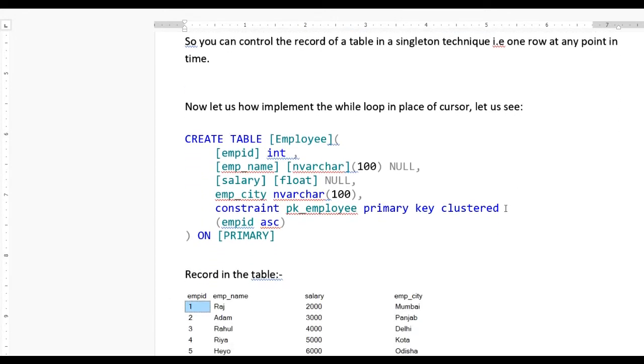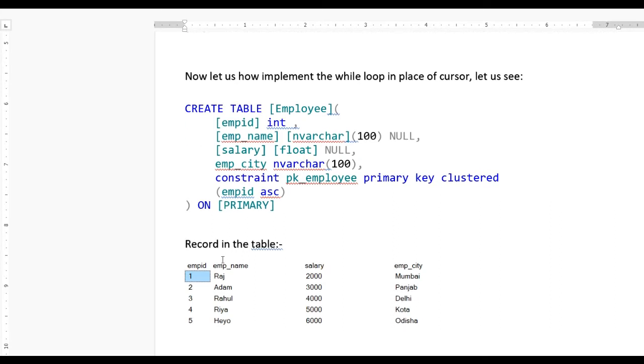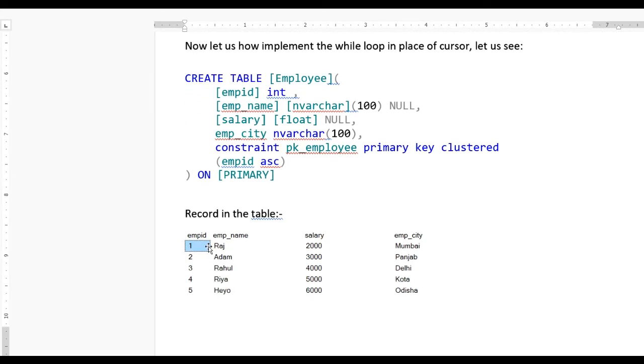I have a table, the employee table, with employee ID, employee name, salary, employee city, and a primary key clustered index on employee ID. Through this syntax you can create the employee table, and I have inserted records in this table: employee ID 1 2 3 4 5, employee name, salary, and employee city. That is the employee table record.